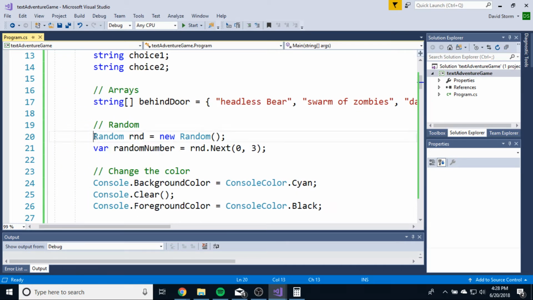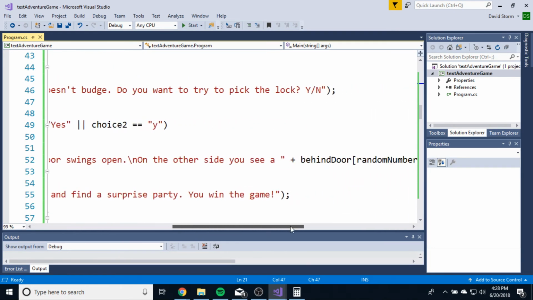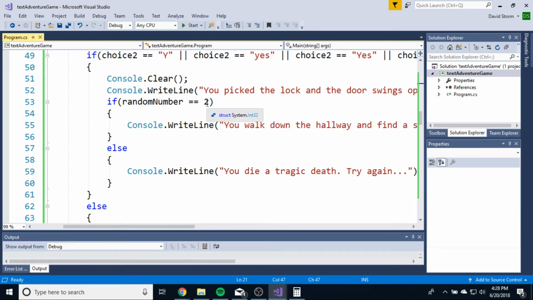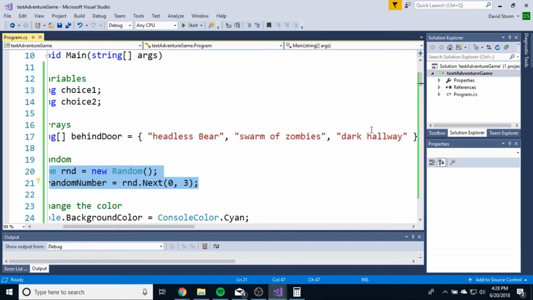And then I have a random that is generating a random number, 0, 1, or 2, right? So picking an index out of this array. And so basically I'm telling them this is what popped up: either a headless bear, a swarm of zombies, or a dark hallway, right? So then if random number equals 2, meaning if it chooses the dark hallway index, then